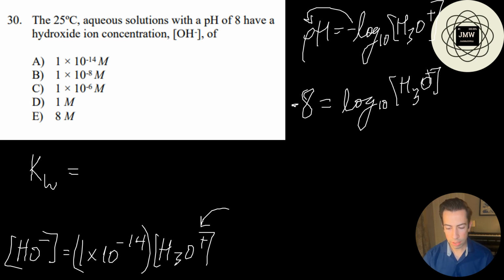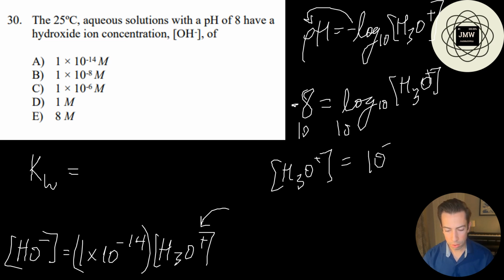Okay, so now that I have that, I will just go ahead and take both sides to the base 10 to cancel out the logarithm. And I will have the value there, and it is going to be equal to 10 to the negative 8th. So now that I have this value, let me just go ahead and plug it in right here. So I'm going to erase this